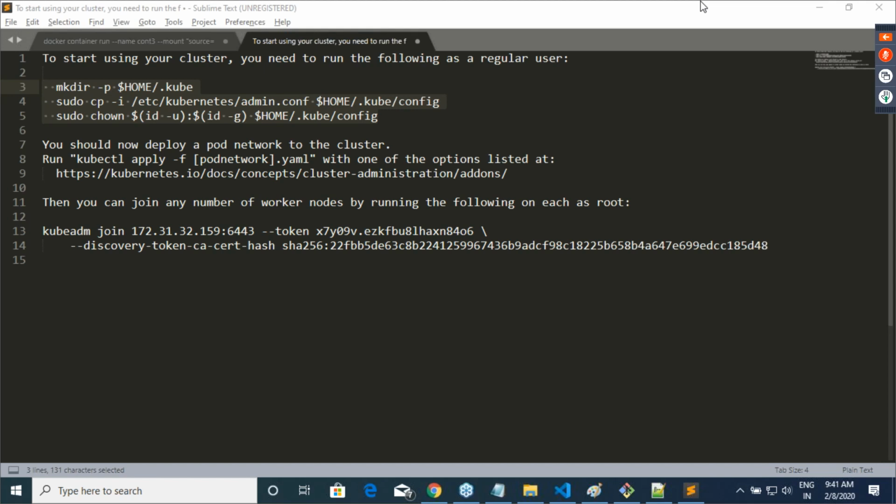If you remember, over here I did kubeadm init and I got this. Then I executed this stuff, and I installed the pod network. Then I logged into the other machine and executed this command, and those two were now part of one cluster. Now I have a cluster of two machines, one master and one node.